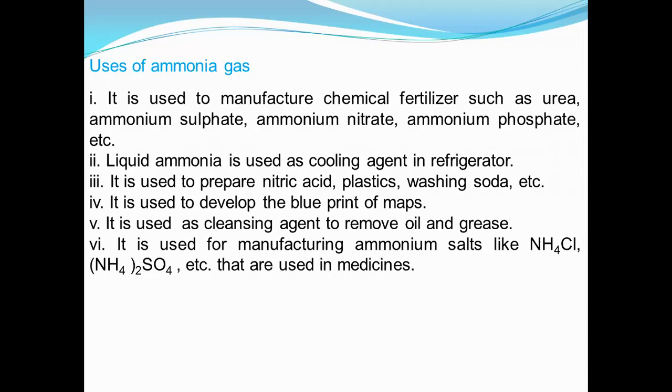And next one, it is used for manufacturing ammonium salt. Already we have discussed different types of salts are formed when ammonium hydroxide combines with acid. So NH4OH plus HCl, that will give you NH4Cl. NH4OH plus H2SO4 gives you (NH4)2SO4. So ammonium salts such as ammonium chloride and ammonium sulfate are used as medicine. Okay, so this is all about